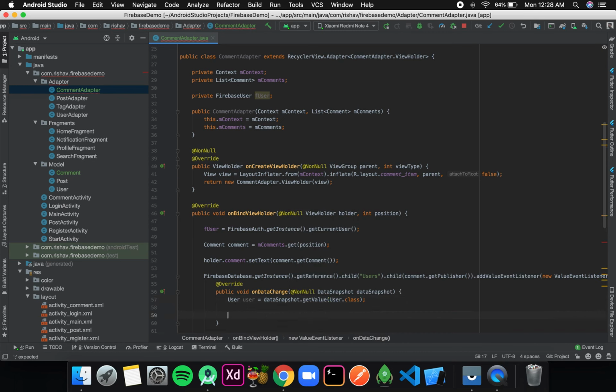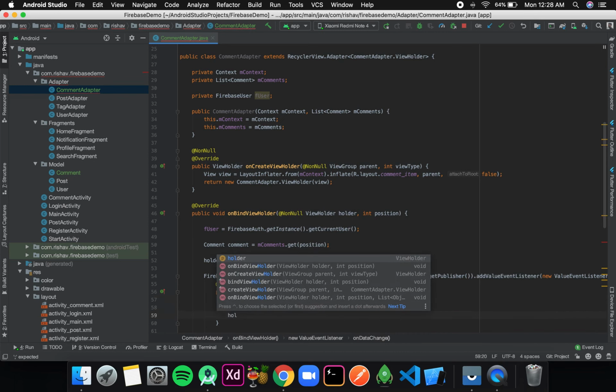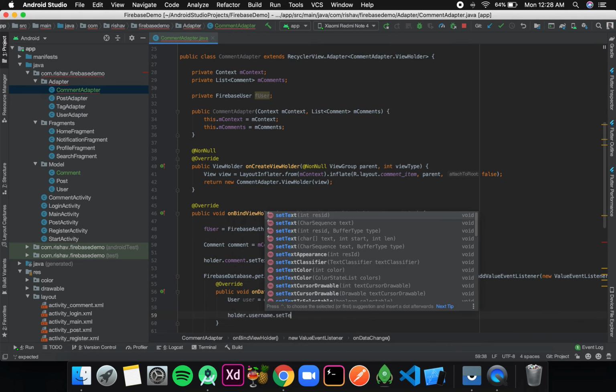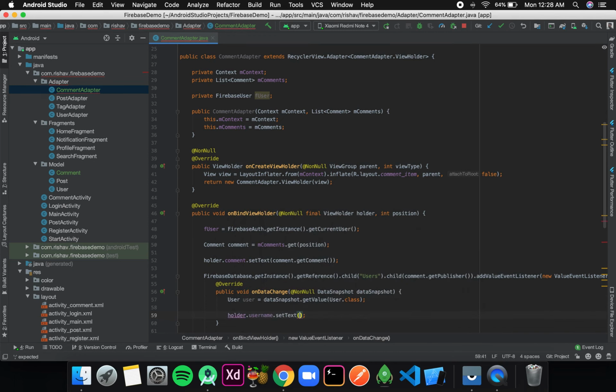Okay, then I'll set the username. So to do so I'll write holder.username.setText, and the text is user.getUsername().